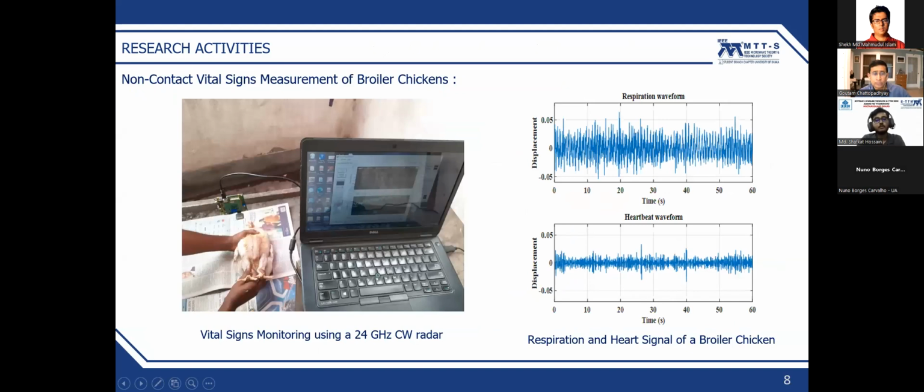We didn't stop at only human subjects. We also tried to explore small conscious animals like chickens. We measured the vital signs of broiler chickens using the microwave Doppler radar and measured their heart rate and breathing rate. This particular research work is very important for our country